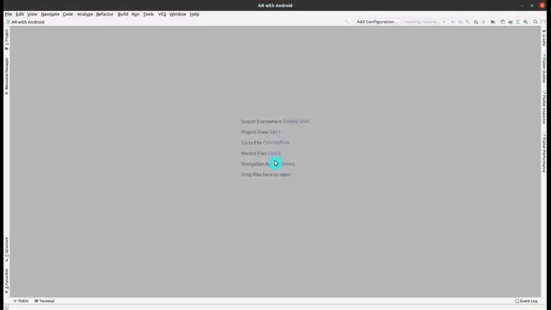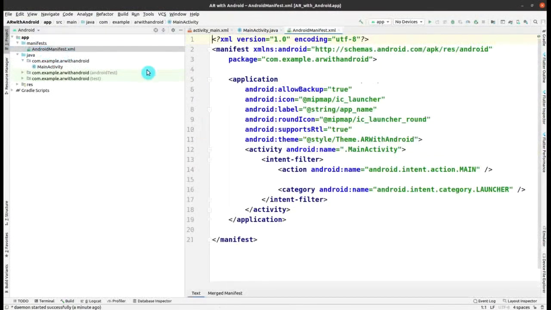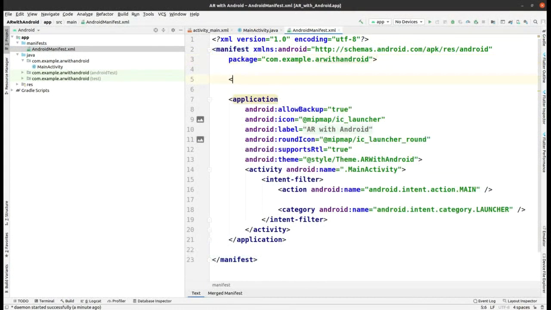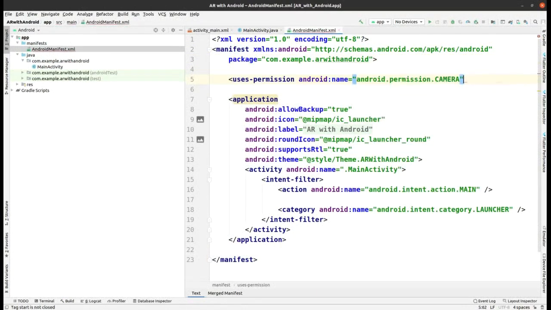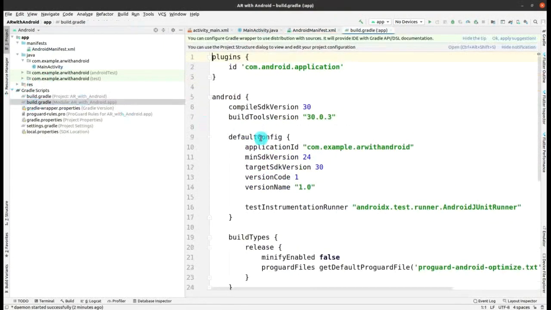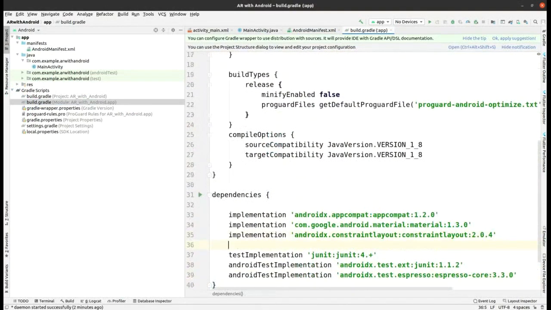The project is being built, and let me go to the manifest file to give some permissions here. So here I will be giving some permissions, like uses permission. The first permission I will need is for the camera, and now I have to go within the Gradle script, the build.gradle module-level file, and here I have to give a dependency. So let me give implementation first of all, and then quotes, and within quotes you have to write